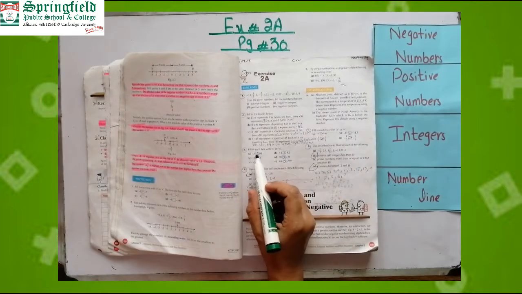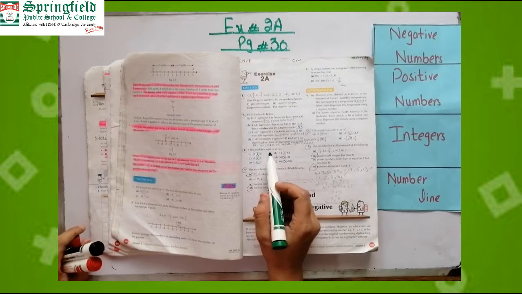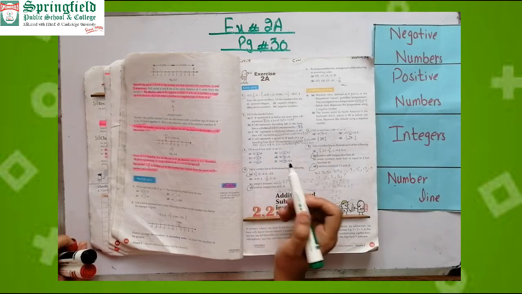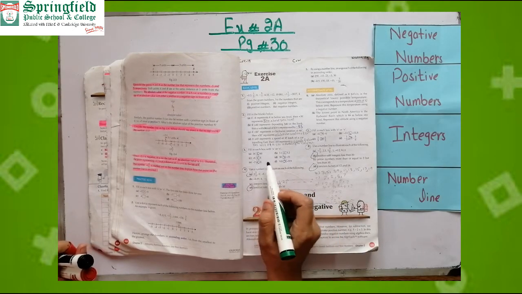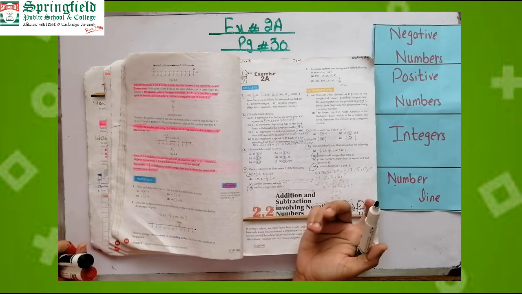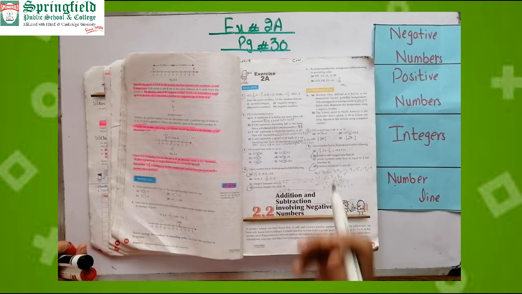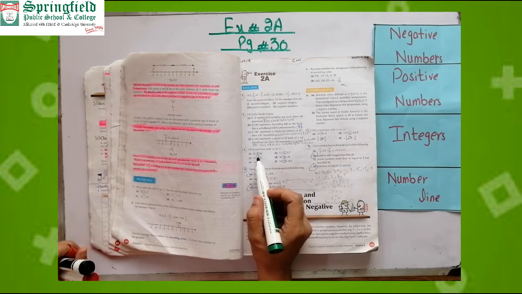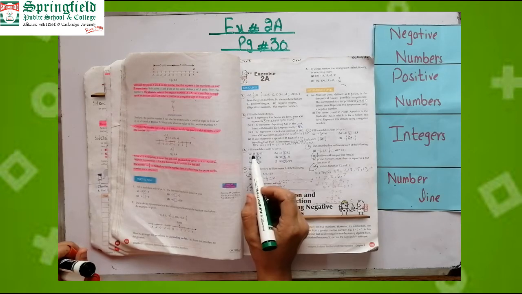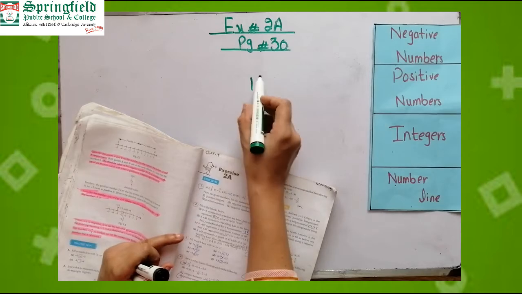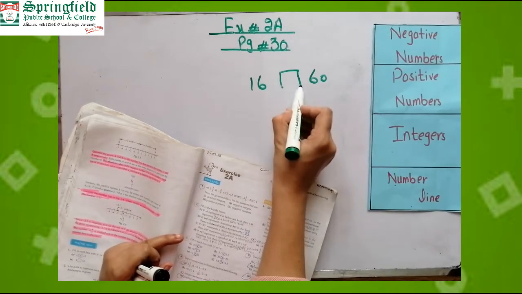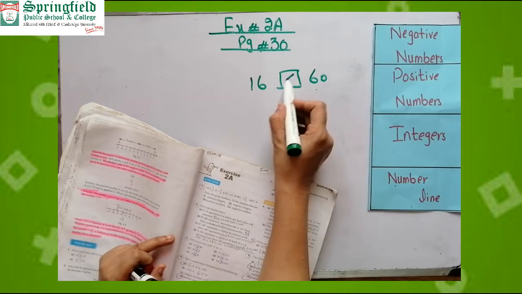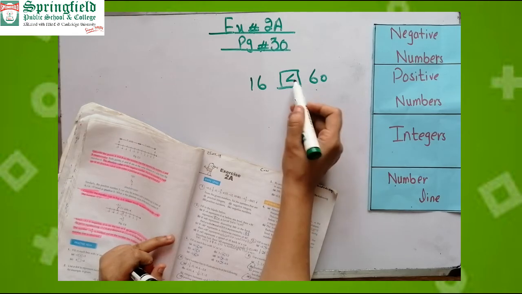Question number 3 means fill in each box with the greater than or less than sign. These signs are used for comparing numbers. So we will compare which number is the greatest. These are very easy questions, as we already learned in grade 1, grade 2, grade 3 and grade 4 onward. So you know how we can compare numbers, which number is greater. There's 60, 16 and 60, 16 and 60. There are two numbers. So which one is the greater here? Both the numbers are positive numbers. So which one is the greater? 60 is the greatest number. So we will write this symbol.